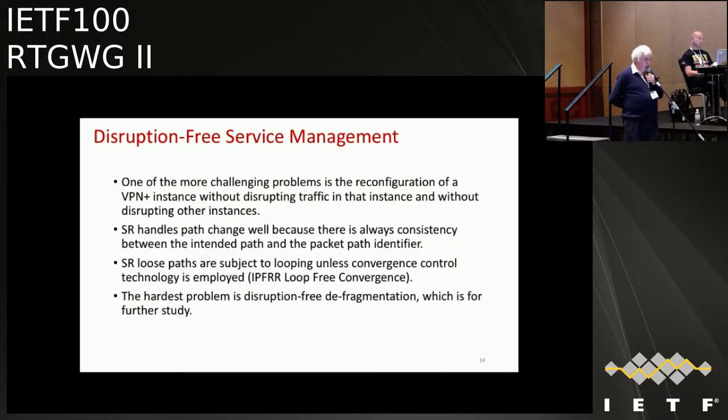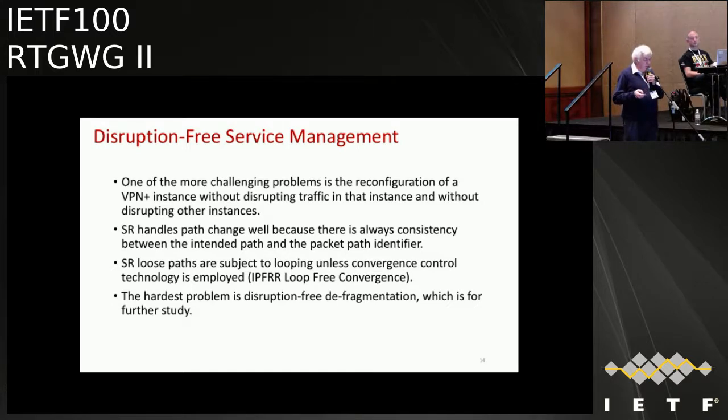Now here's the last and really quite interesting one. In order to get hard slicing, you need to do disruption-free reconfiguration of your network. That is to say, it's quite easy to add a service, it's quite easy to take another service away, but modifying a service is going to intrinsically affect the paths, and the net result is a potential disruption to quite sensitive traffic. SR is quite good at doing that, at least strict SR is.